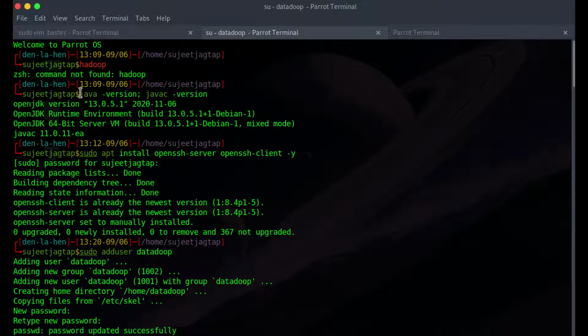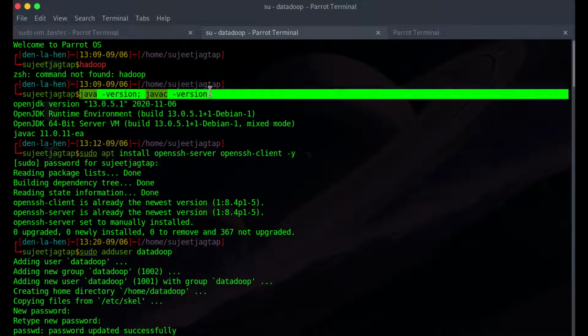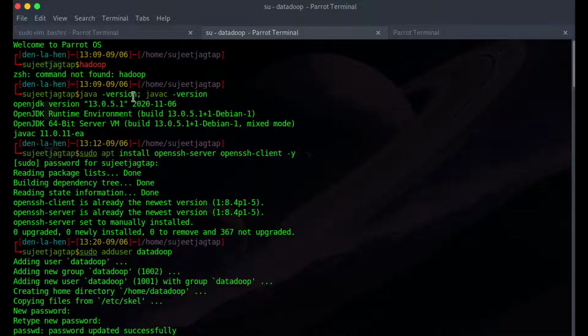Okay. So then you have to go for a Java installation check. Most Linux machines are pre-installed with Java. By typing these specific java and javac version commands, we will know which OpenJDK versions are pre-installed here.